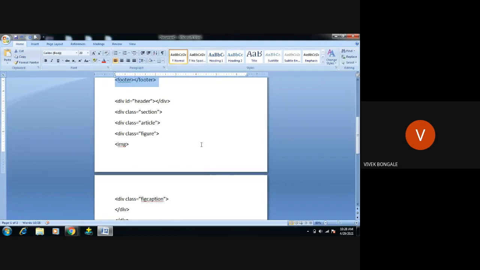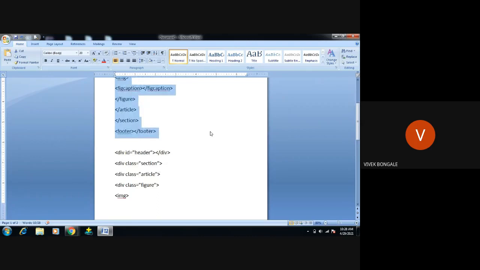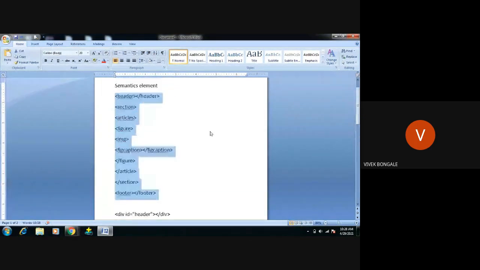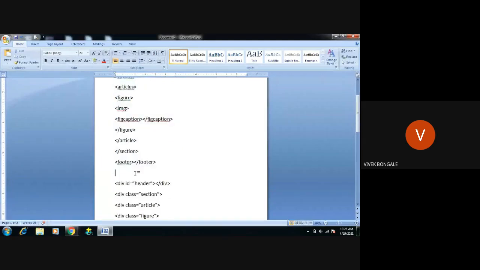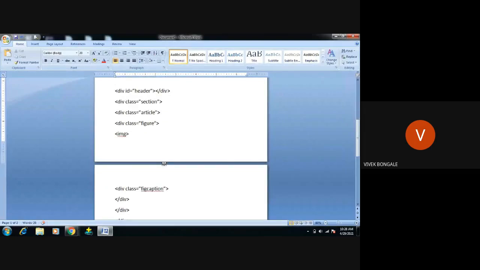They are using jQuery. They are using JavaScript programming, like ID and class, to perform the same operation in other HTML versions and all. Okay, so this is the difference. We can easily say that this is a non-semantic element, right? Non-semantic element. If any other person who doesn't know programming language sees this, he will be confused. What is this ID? What is this class?